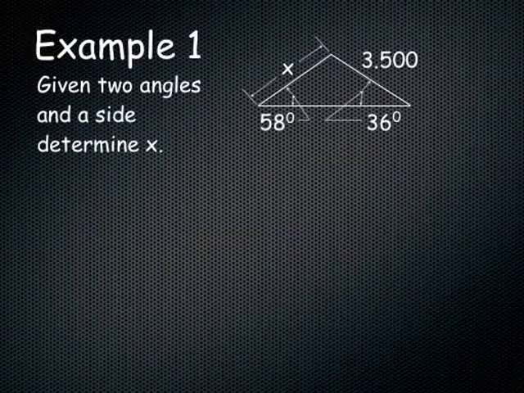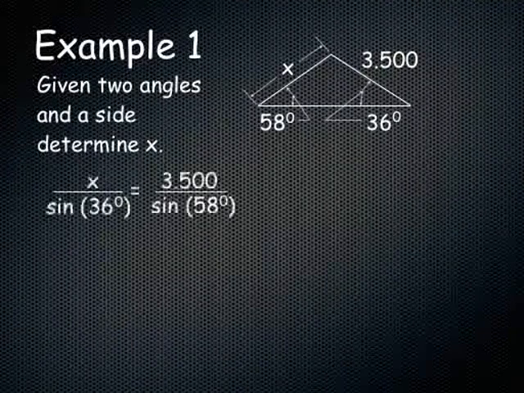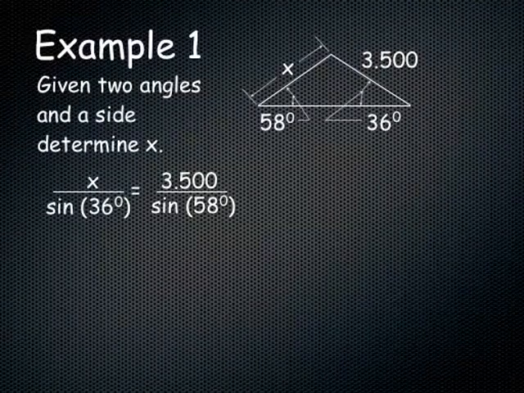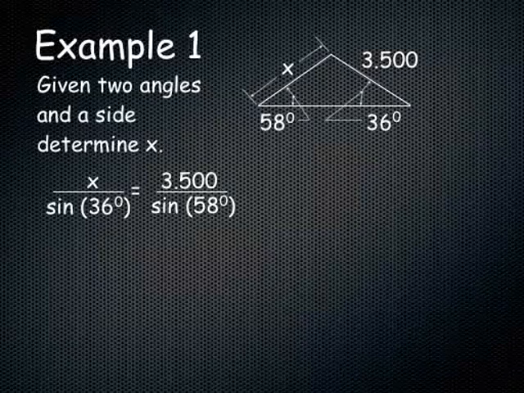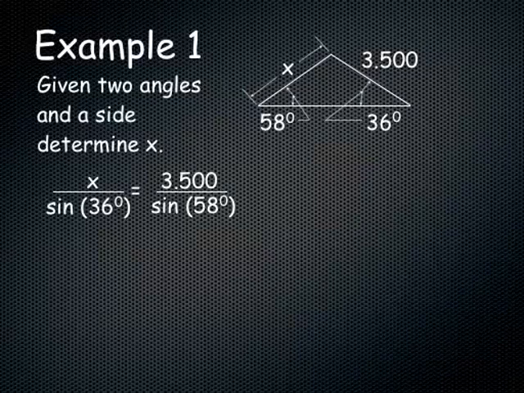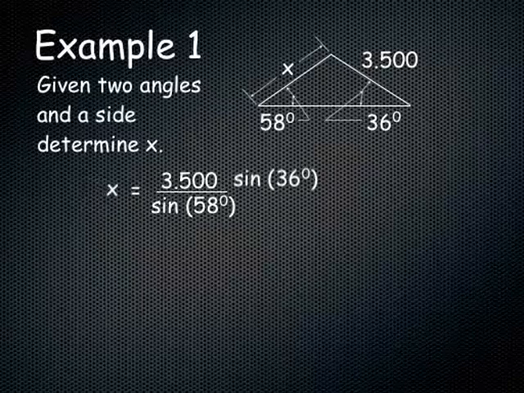In this example, we're given two angles and a side, and we're asked to determine side x. So, using the law of sines, x over the sine of 36 degrees, the angle opposite it, equals 3.5 over the sine of 58 degrees, the angle opposite it. We cross multiply,